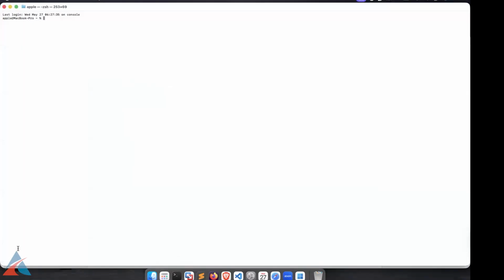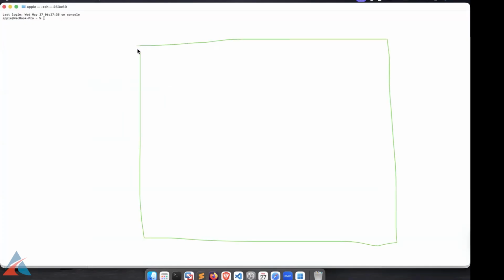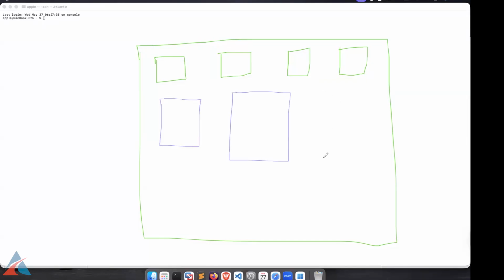So, let me draw a diagram. Let's say this is an internal network. In this internal network, there are some computers. Let's say there are this many laptops or systems, and there are some servers as well. I'm going to draw a few, but you can understand there are more than that. These are the normal computers, and let's say these are servers, with different colors. These are the big servers.